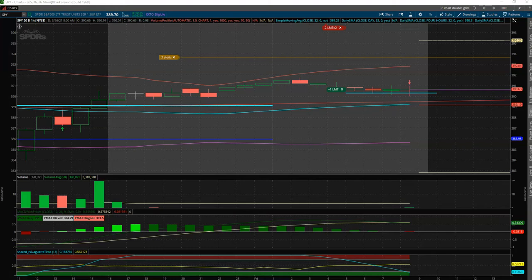The title for today is I Spy a Short Squeeze. A couple of things to point out. Number one, it seems as though a line in the sand has been drawn. 391 is that area. Before I get into the outcomes, let me make a quick demonstration